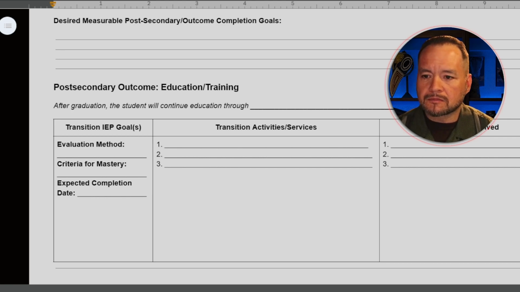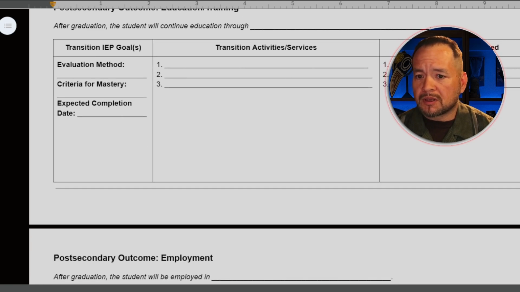And then in the section that says persons or agency involved, if you notice that a lot of it is just your student and the school, and you're not involved or other agencies aren't involved, that's definitely a problem too, because you should be involved. That helps you be aware, that helps you see which areas your student will need more support in. It helps you understand how far they're advancing.